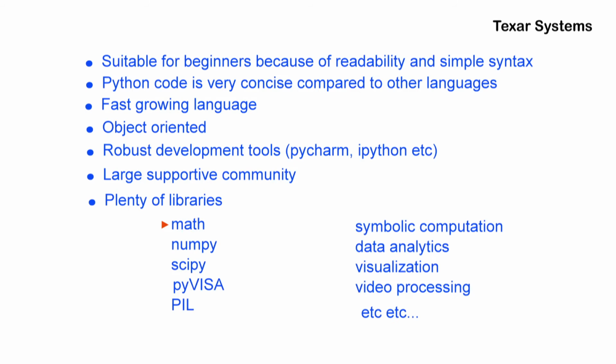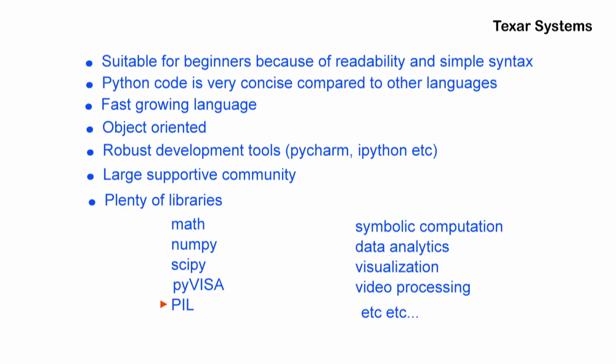For example, math. This is the basic math library. NumPy. This is a library that adds support for the manipulation of large multidimensional arrays and matrices. It also includes a large collection of high-level mathematical functions. NumPy serves as the backbone for a number of other numerical libraries. SciPy. This is a large library of scientific tools. PyVisa. This is a Python package that enables you to control all kinds of measurement devices independently of the PC